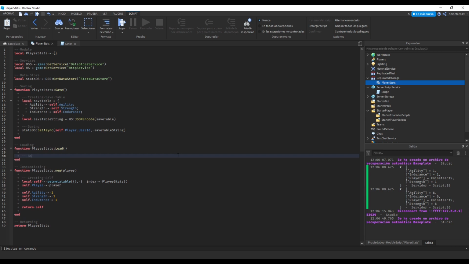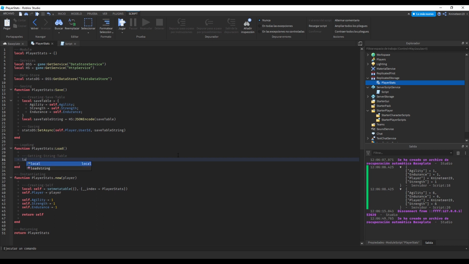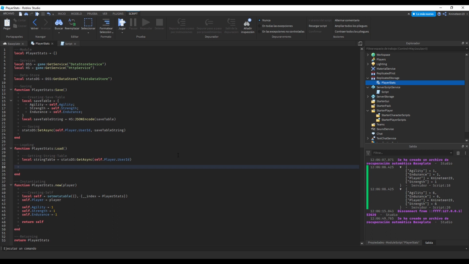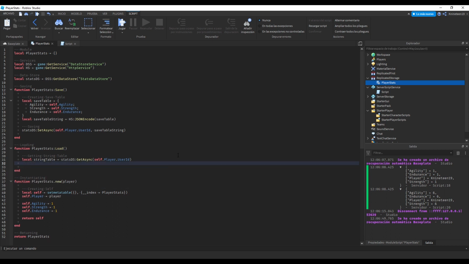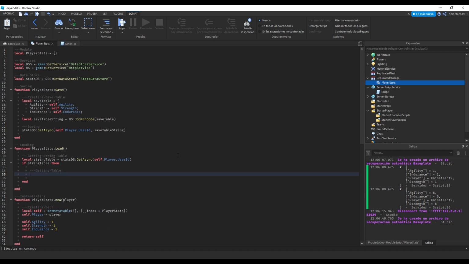And then we're going to do getting string table, local string table equals stats ds get async, or self dot player dot user ID, and so we're going to do if string table, so if there's a string table saved, getting table, and we're going to do